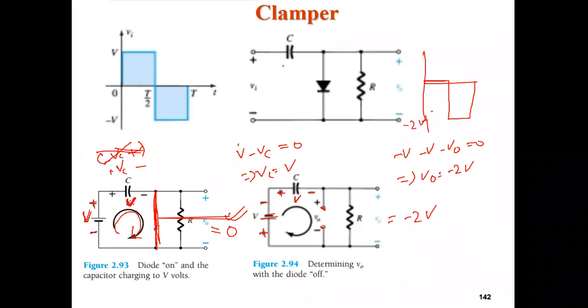So I'll draw that. And there is also a shortcut I have told you: once you get that the value during the positive half cycle is 0, I can see this quickly, that if the diode is forward biased, at that time the output voltage will be 0, so I can quickly find that out. Once I get this, it means that when the input is V, the output is 0.